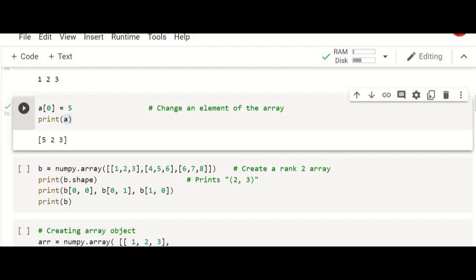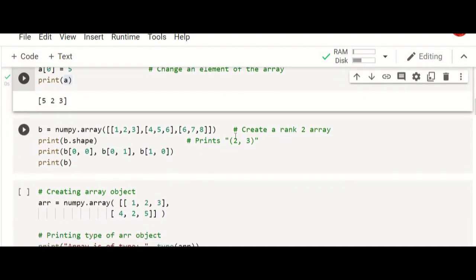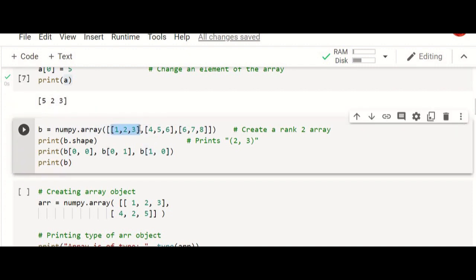And in the next example, we are going to create a 2-dimensional array. A 2-dimensional array can be created in multiple ways, but this is using the array function. numpy.array of, the outer bracket represents the entire list, and within that we have 3 square brackets which contain 3 elements each, which means that 1, 2, 3 represents the first row, this 4, 5, 6 represents the second row, and 6, 7, 8 represents the third row.